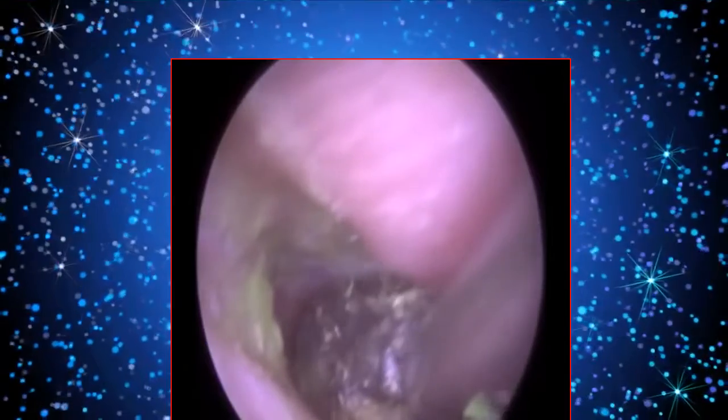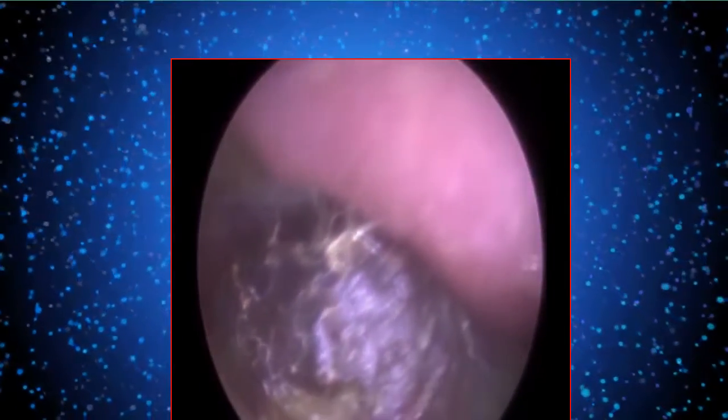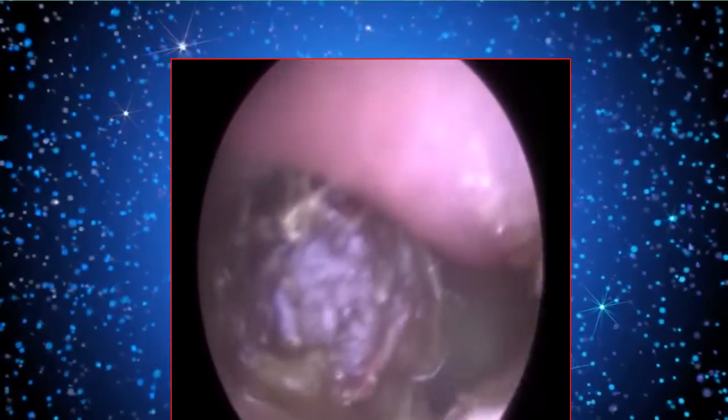So I had a bit of a bad experience with the ear hook because I kind of lodged it further in. It's just so hard to get an ear hook inside there because it's just so narrow, there's not much space. But eventually, it's what I actually used to remove the...